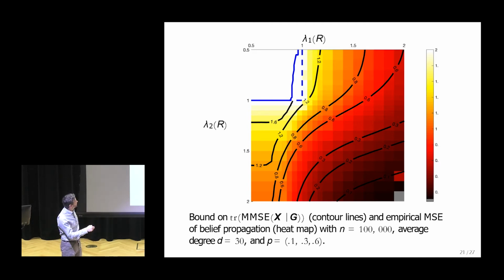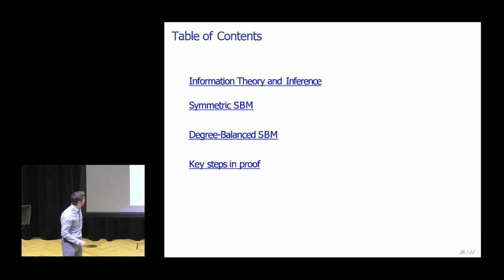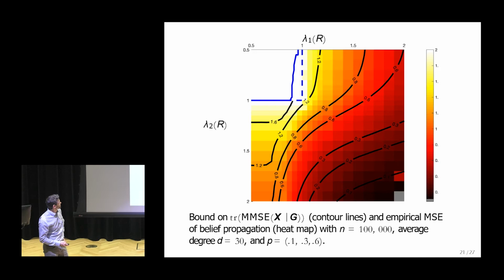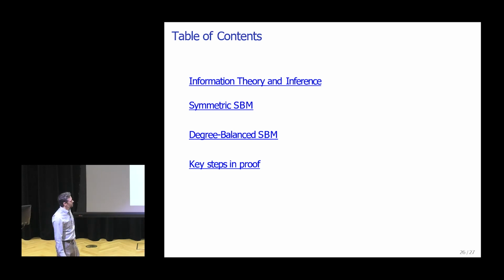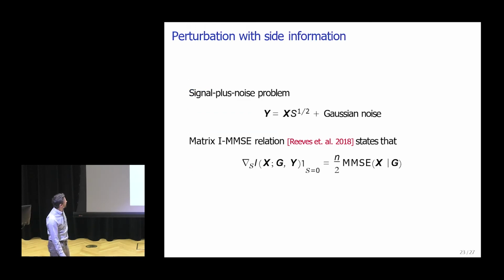I'll also note that there's a correct qualitative behavior here, but the exact match between the formulas and the results gets worse at the outskirts. And that's, again, not surprising given that you need the degree to grow for the theory. Okay, so there are a few steps in the proof, and you've seen some of the key ideas in what Jean presented, which was really nice.